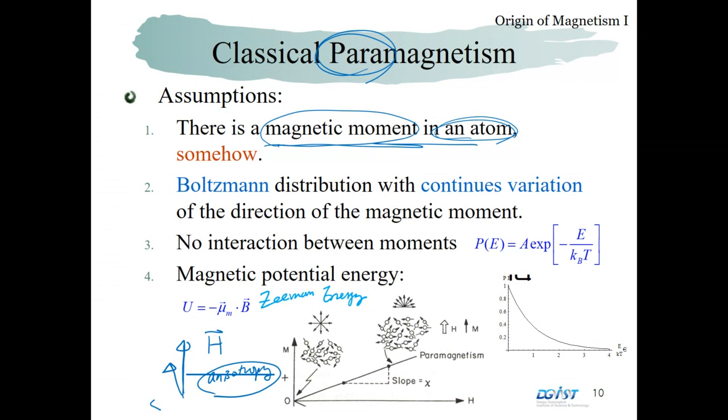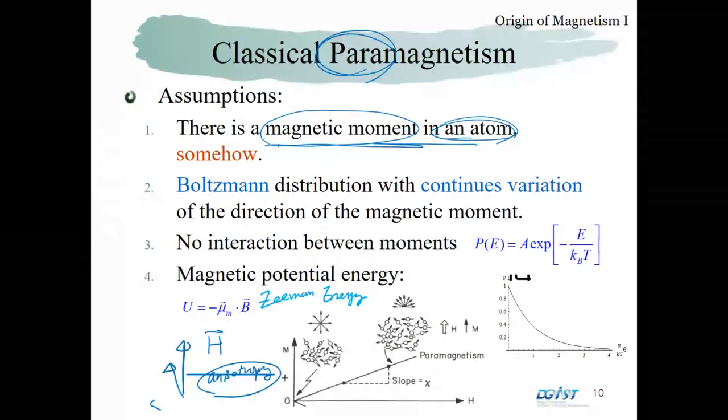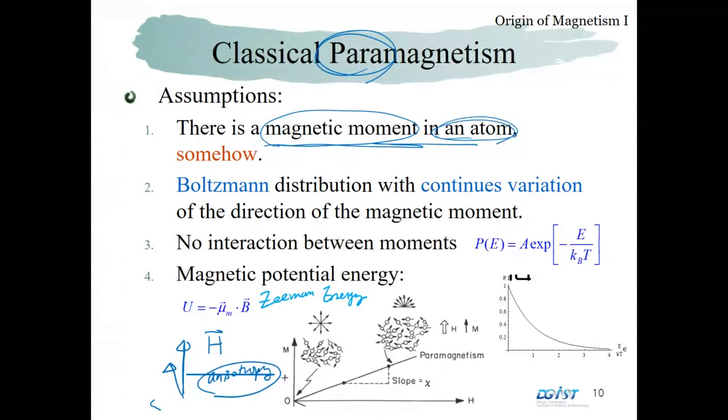Paramagnetic materials have some preferred direction with respect to the magnetic field. If the magnetic field itself is uniform across the sample, their magnetic direction is always parallel to the magnetic field. But if they have some non-uniform